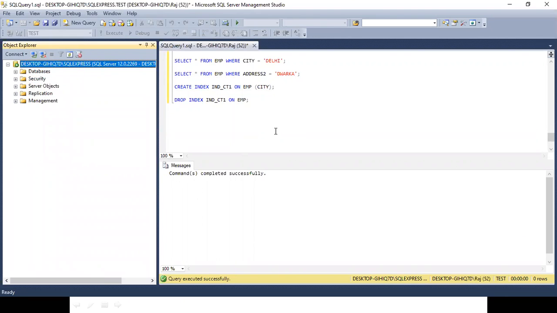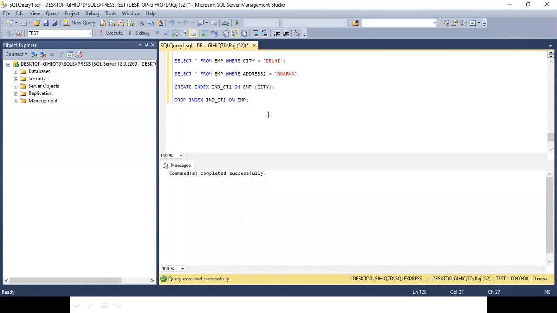Now, there is one more type of index which is known as composite index, which is based on more than one field. For example, let me drop this index and recreate it on city, comma, address 2. So this particular index is based on the two fields, city as well as address.